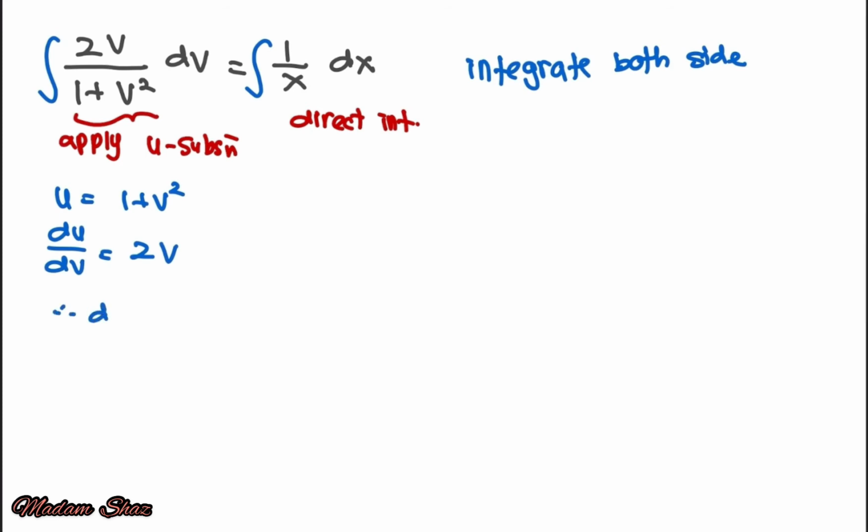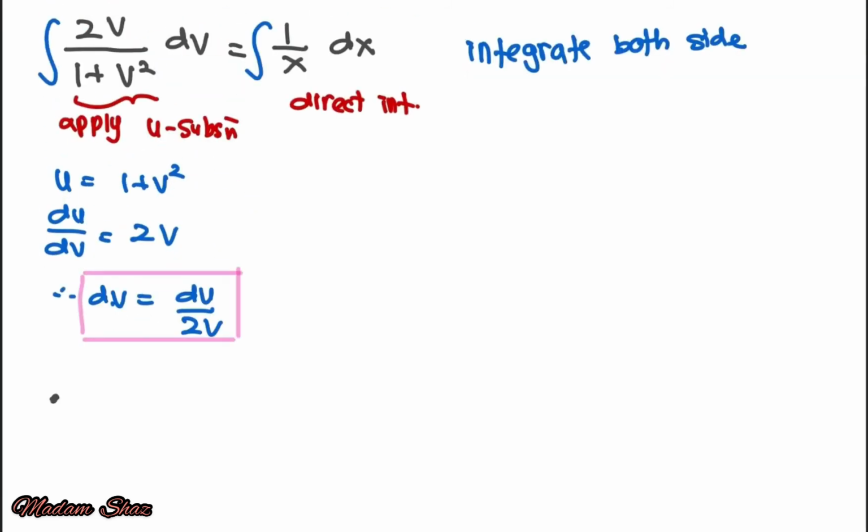So therefore, make dv the subject: dv is equal to du over 2v. So therefore, substitute back the u substitution that we apply here into the original function that you want to integrate. Integrate 2v over 1 plus v square. So we will substitute 1 plus v square to become u. So integrate 2v over u multiply with dv, which becomes du over 2v,